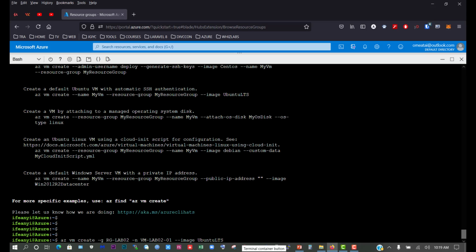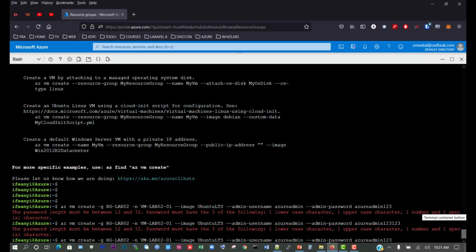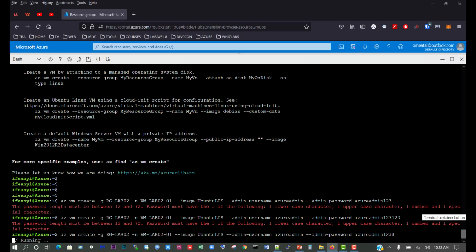So I'm going to type admin username, and I'll call that azureadmin, and admin password, I'm going to call that azureadmin123. So I'm going to change that because it says the password must have a special character,